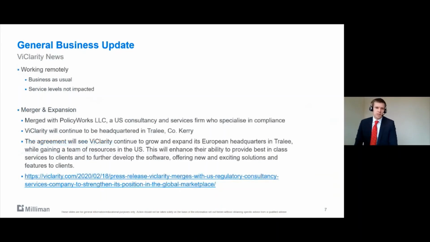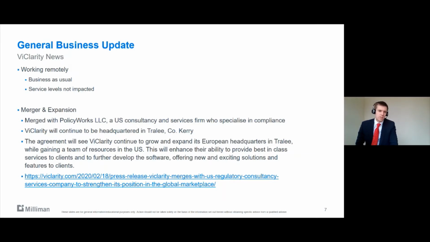As regards Vitality, a similar situation. They are business as usual, and again, service levels are not impacted. They're working remotely and everything's going fine. I think they did actually have a bit more freedom down in Tralee than we did up here in Dublin for a while. Another piece of news, and some exciting news for them, is that they have merged with another company, Policyworks. This is great news for Vitality, and they've been looking to grow and expand their footprint in the US, and this merger is how they're going to do that.